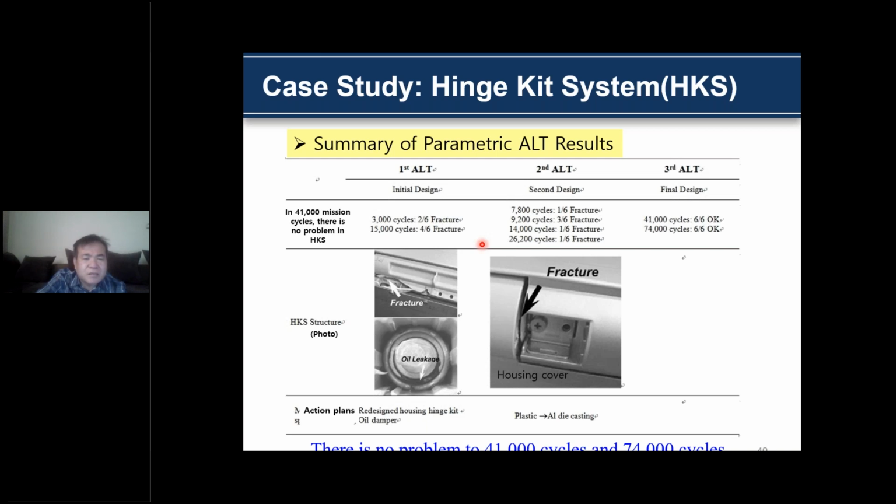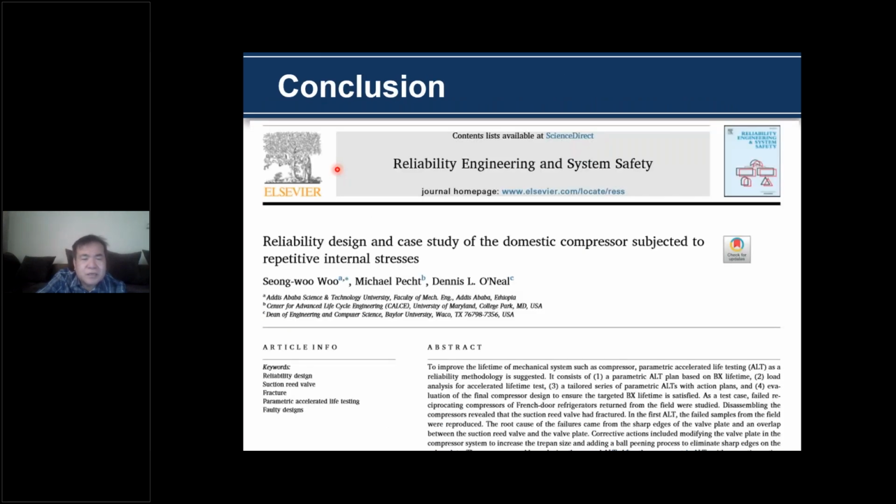This is the conclusion. It is submitted to Reliability Engineering and System Safety, entitled Reliable Design of the Case Study, and the domestic components are subject to repetitive internal stress. This paper explains the